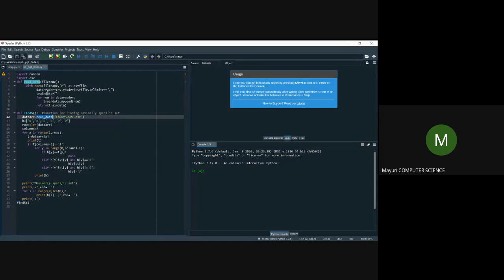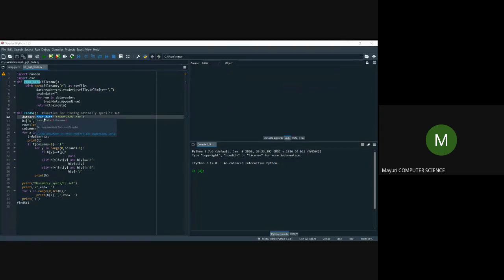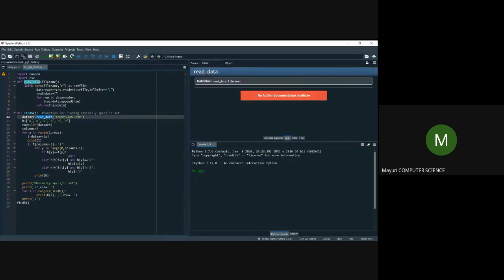You can see that once the read data function is called, I have written the code for read data. The respective file is going to be opened in read mode as a CSV file. What I'm doing there is calling the CSV reader. Every value is separated with commas, right? The delimiter also I have to mention. I'm assigning that to the data reader.